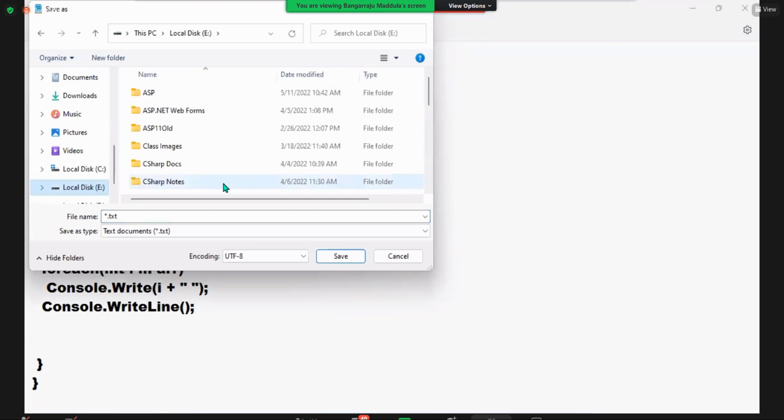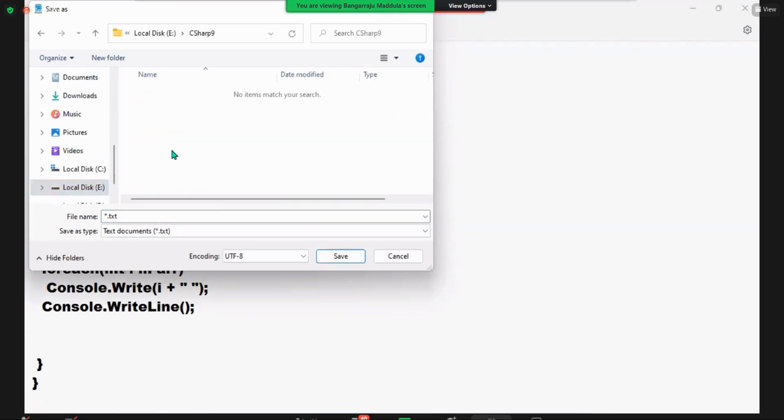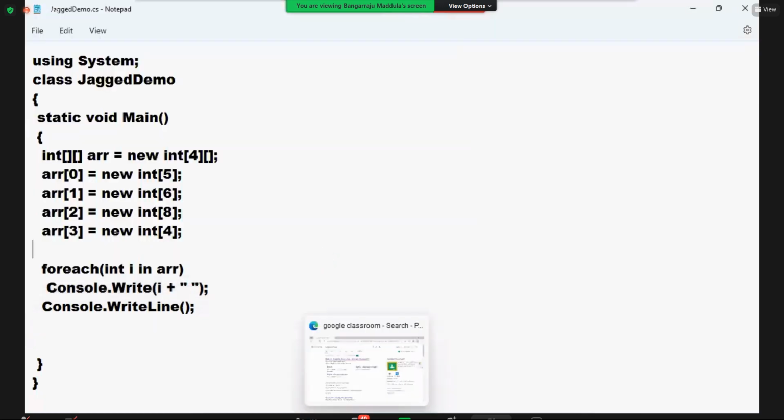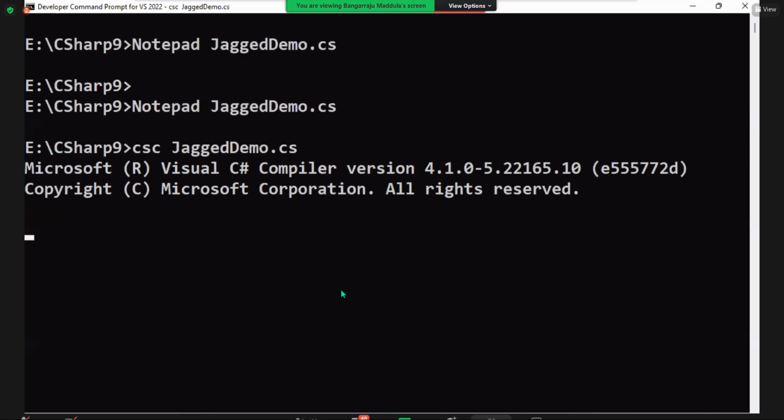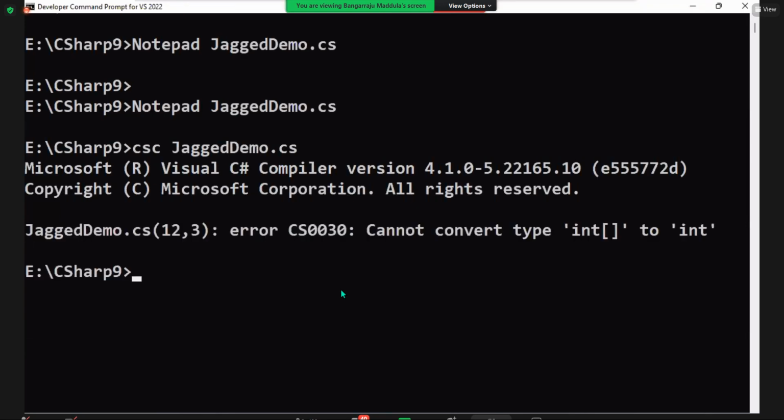E drive. What's the folder? C sharp 9. jaggedDemo.cs. csc jaggedDemo.cs. See, when I compile, I got an error. What is the error? See,